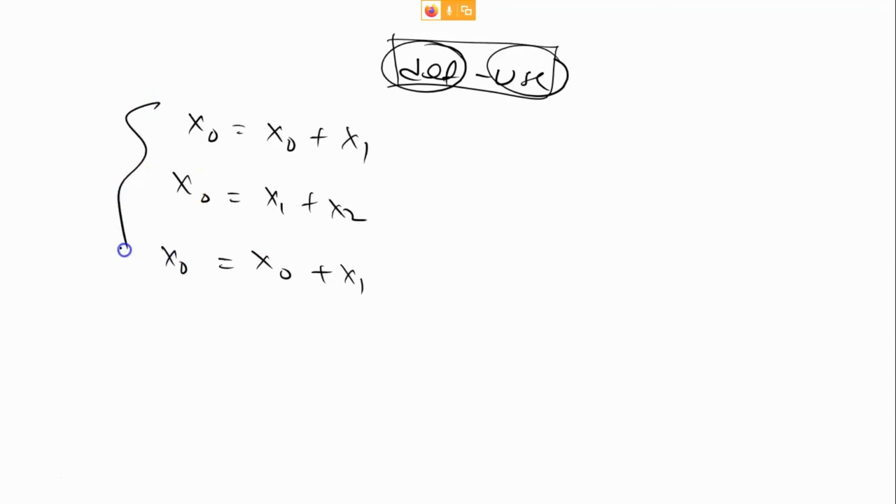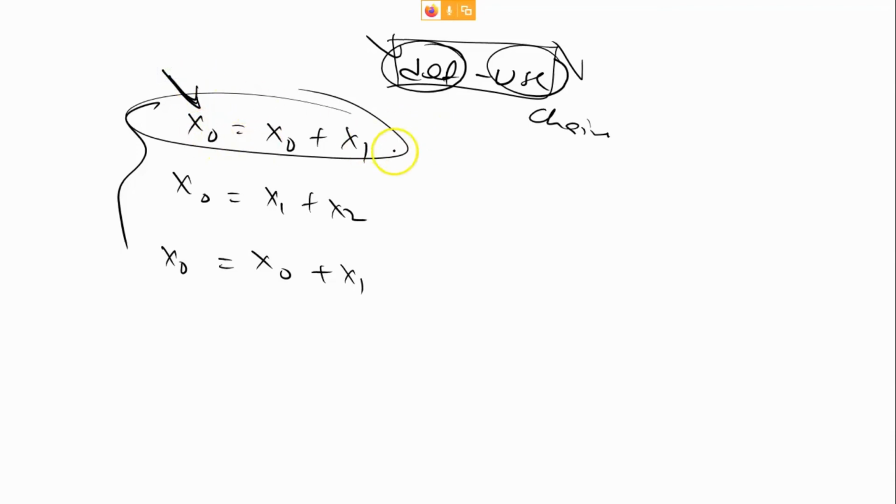If you have this type of program, then to optimize it, some techniques are there, and those techniques make use of def-use chains. For example, this is the definition of x0. As I told you, assignment means definition. And this is the use. They will make chains like this: this is the definition, this is the use. They will make all the chains,